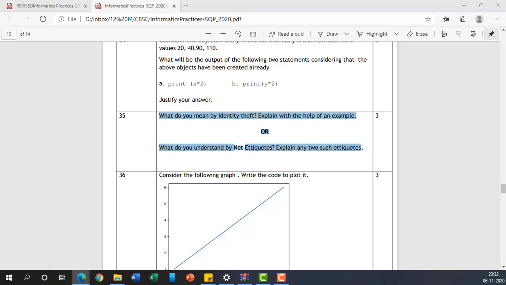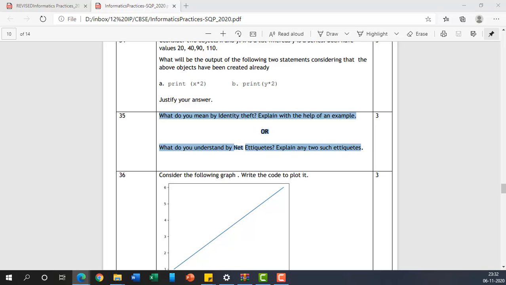Okay, now let us check out the next question, or optional question. What do you understand by net etiquettes? Explain any two such etiquettes. So the etiquettes which you follow whenever you are chatting or using the internet are called net etiquettes. For example, two such etiquettes are: you should be using lowercase letters, because uppercase letters